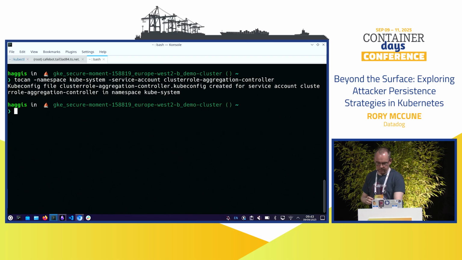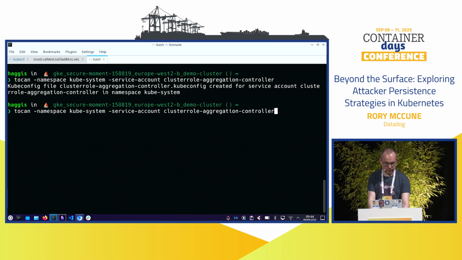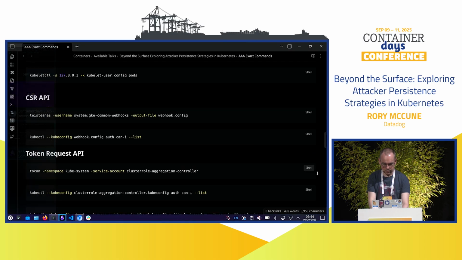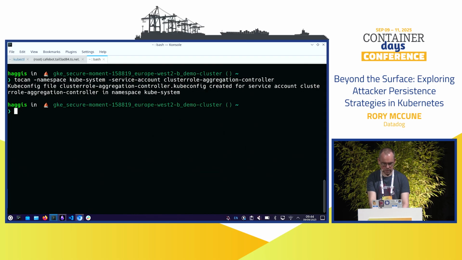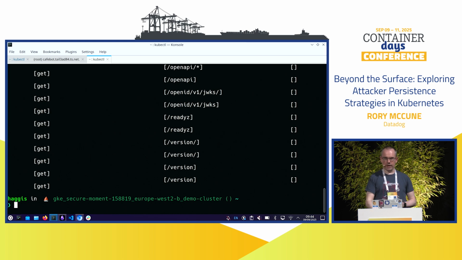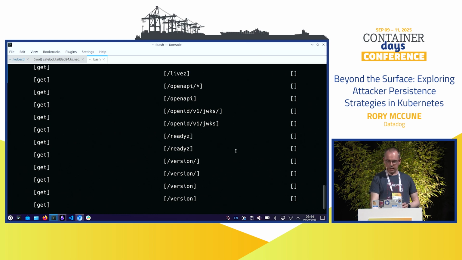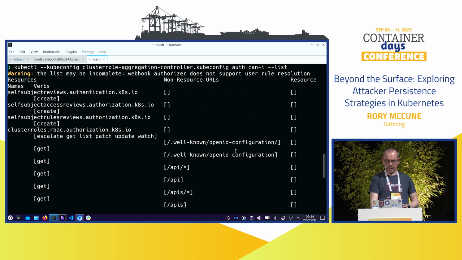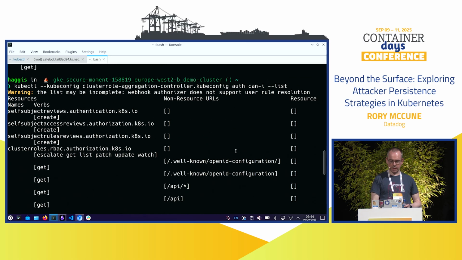And if I look at the rights for that, I'm going to get the command, because I'm going to mess up if I don't. It kind of looks not that great. I've just said this is a really cool service account, but all these rights here are just standard system authenticated rights. It doesn't really seem to have a lot of rights, except for here. It's got some rights to cluster roles. That's the one thing that it's got that isn't everywhere else.